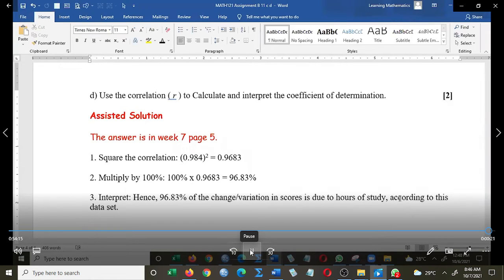Okay, so here's the conclusion of today's session, number 11, C and D, Pearson's product moment. And I'm going to take the attendance, so I'm going to